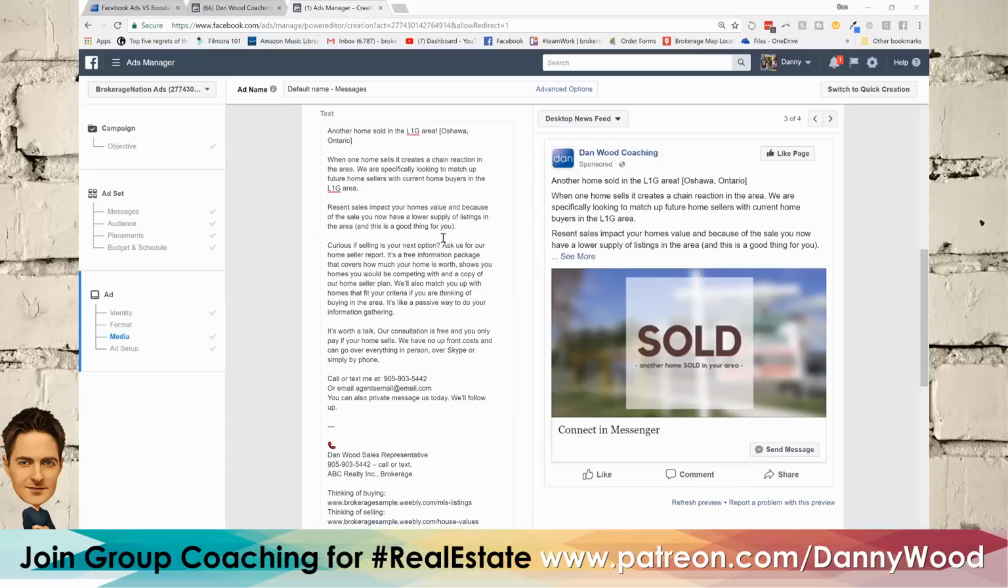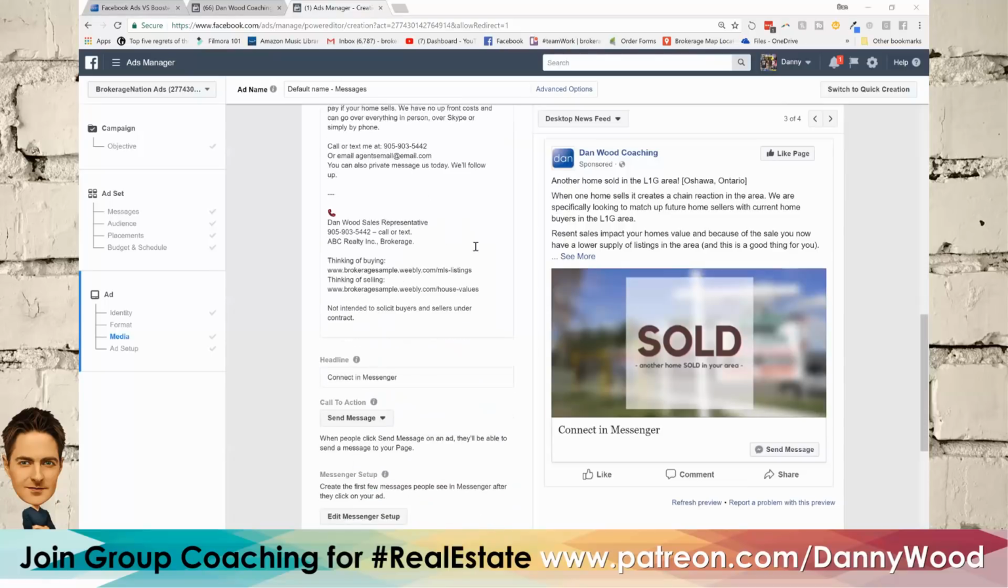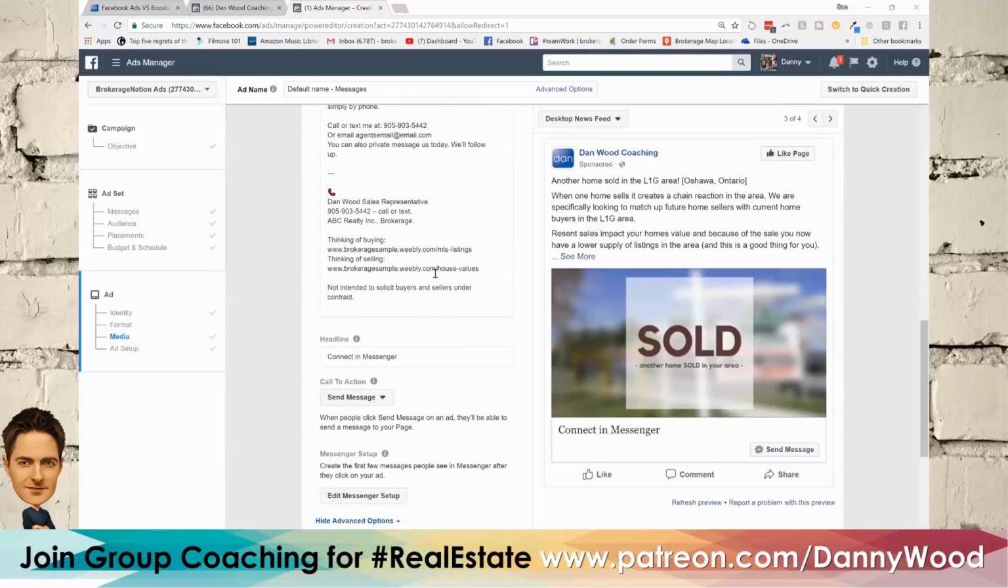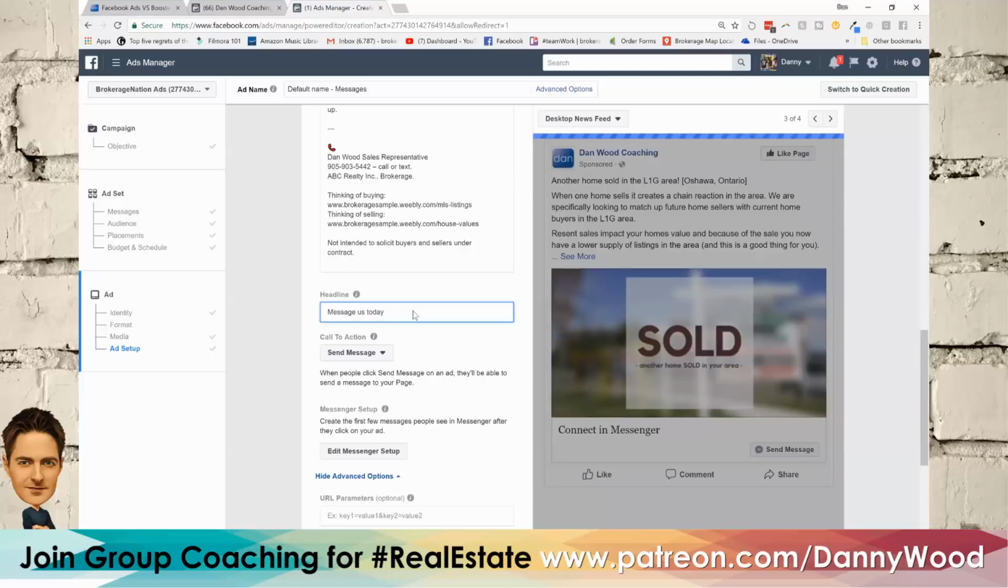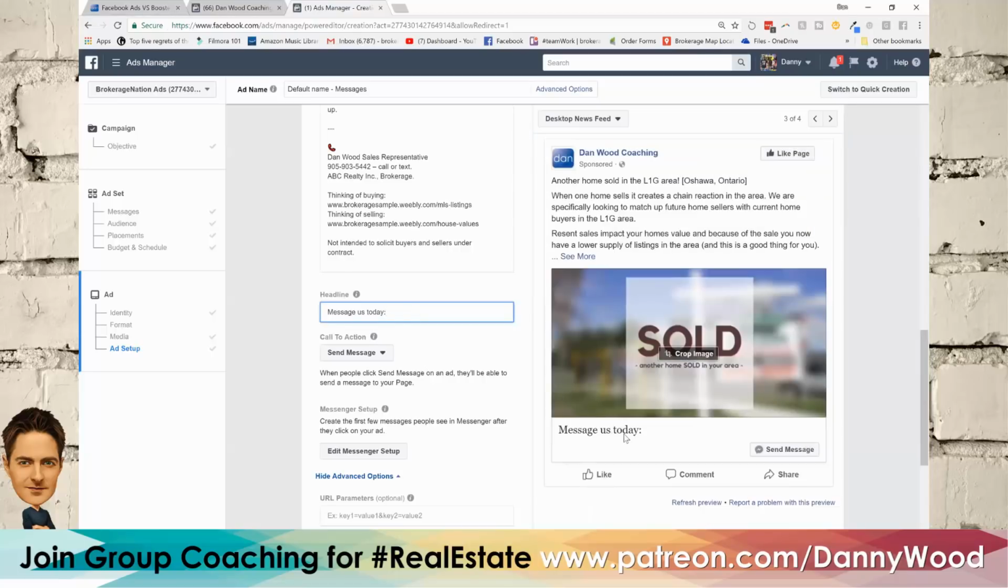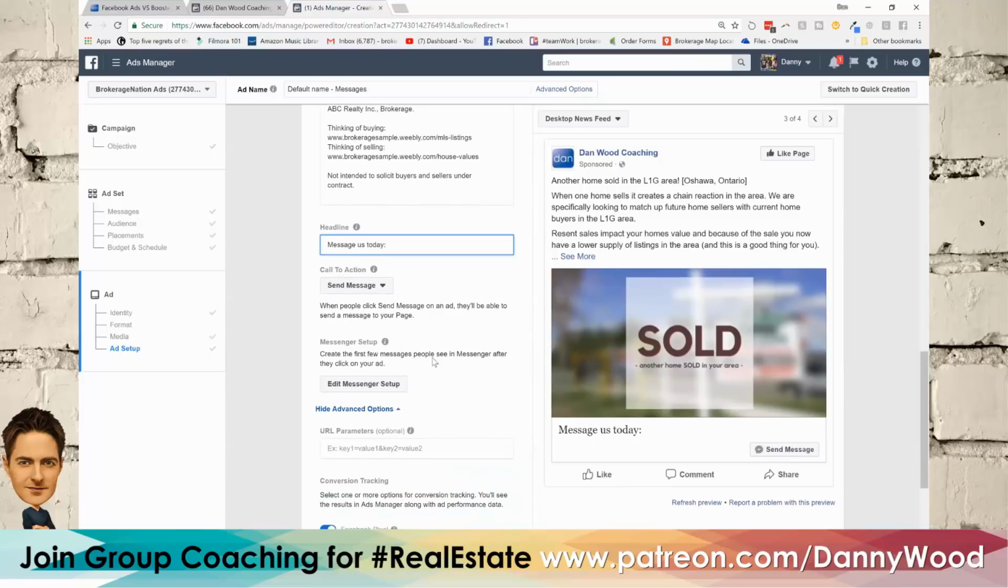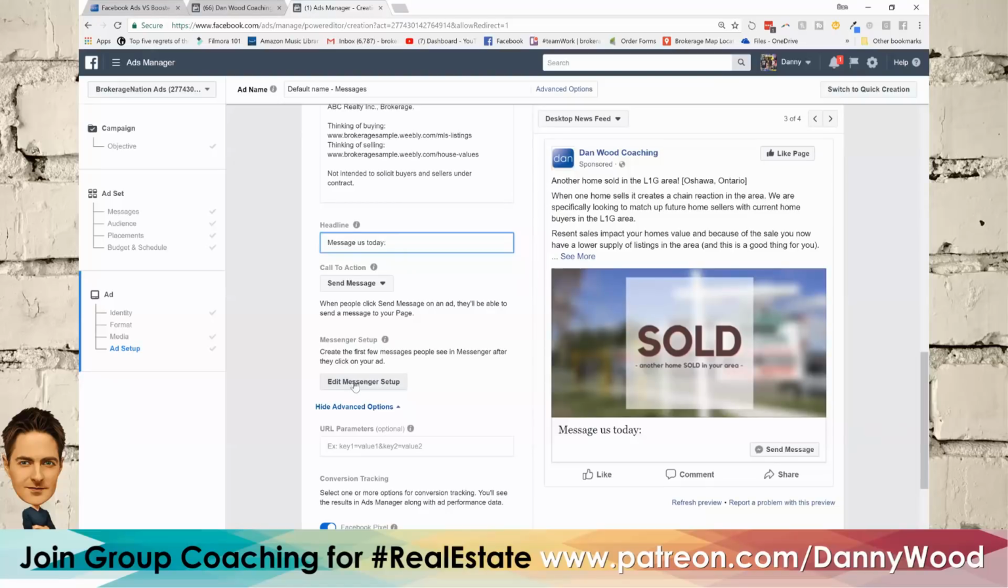Okay, so I typed out the message. Let me scroll down. We can see this is what it looks like over here. It says connect in Messenger. I'm going to say, message us today. So I'm changing right here. It says message us today. And when people see the ad, they could just click that, and it will allow the people to actually engage with you. I'm going to edit the Messenger setup,